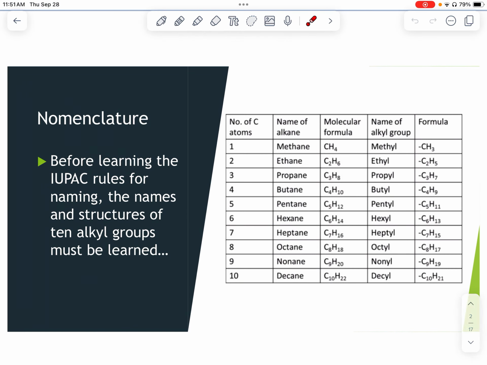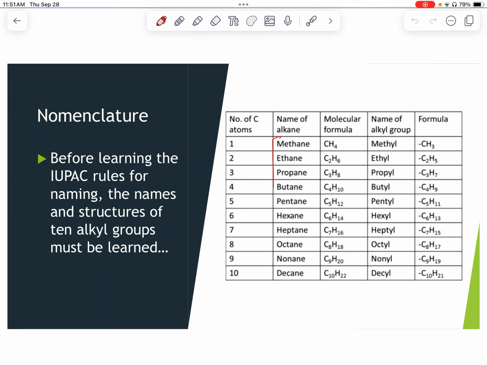But before we can learn any of these IUPAC rules, you need to have the names and structures of 10 alkyl groups memorized. These are the ones that I asked you to memorize the other day, so they shouldn't be anything new to you. This is 1 to 10 carbons. The first four are the ones that get tricky. Remember, I said meet Ethan, professional, butler. And then from there, they make a lot of sense: pent, hex, hept, oct, non, and dec. So make sure you get those memorized